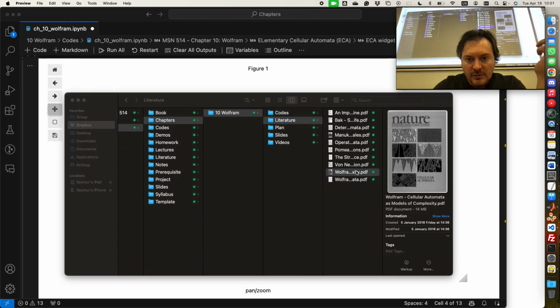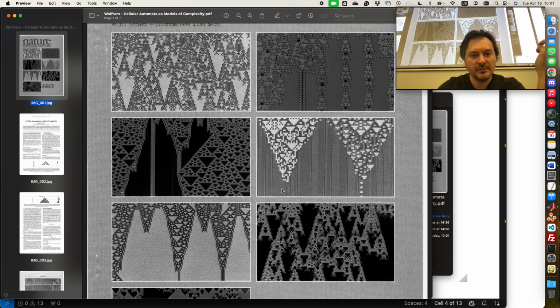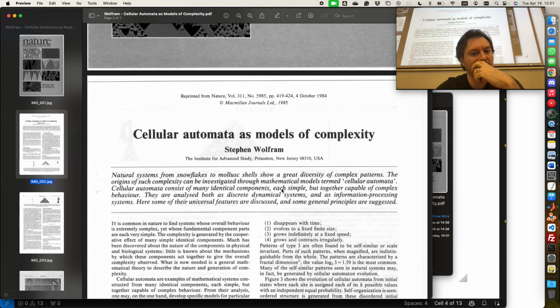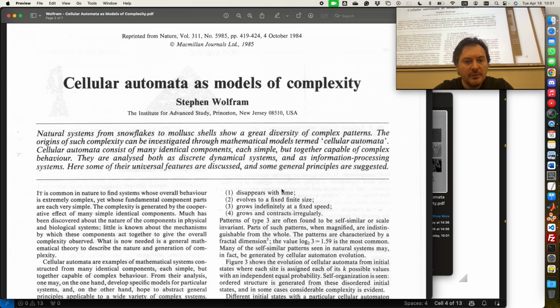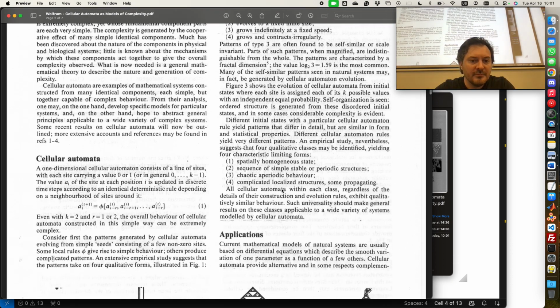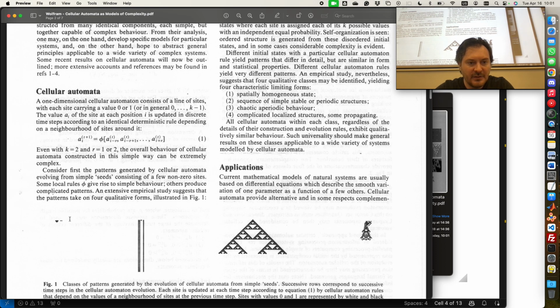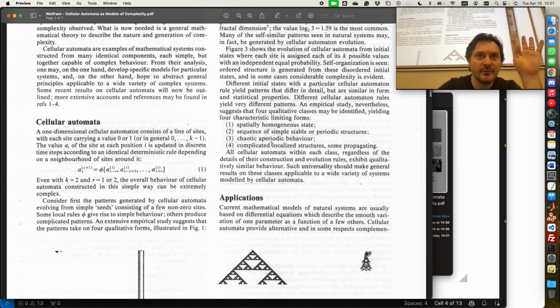So, Nature 1984 covered Cellular Automata, Stephen Wolfram writing Cellular Automata as models of complexity. Okay? So, he's very happy about it. And as you can see, he says that there are 4 classes of rules.